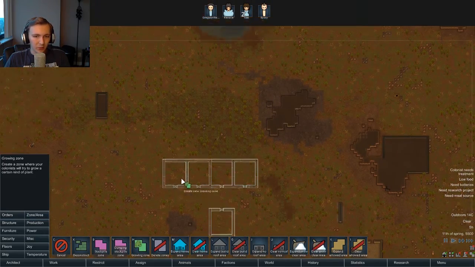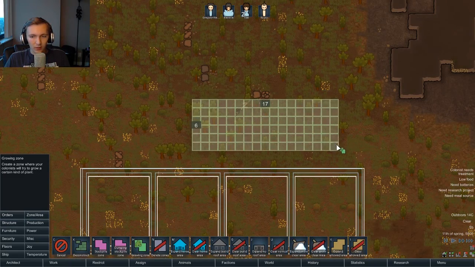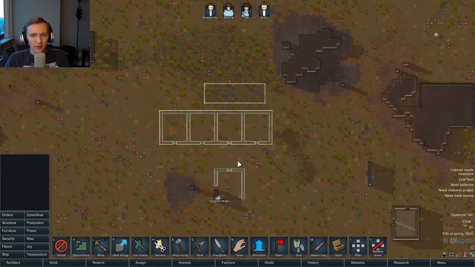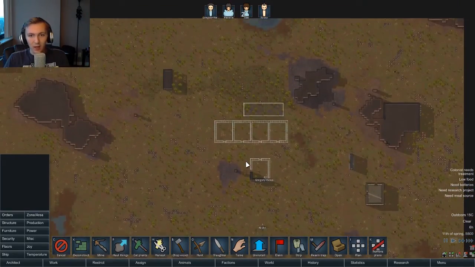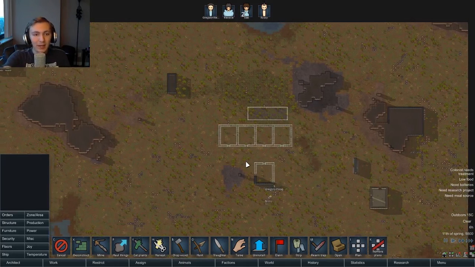Next thing is we want to set up a growing zone up here, which we're going to start with just all of that. And slowly we're going to move our base up to here. Probably won't deconstruct any of this, just because it can serve a secondary purpose as we expand. I'm sure if we keep this series going long enough and survive in this world long enough, we'll probably end